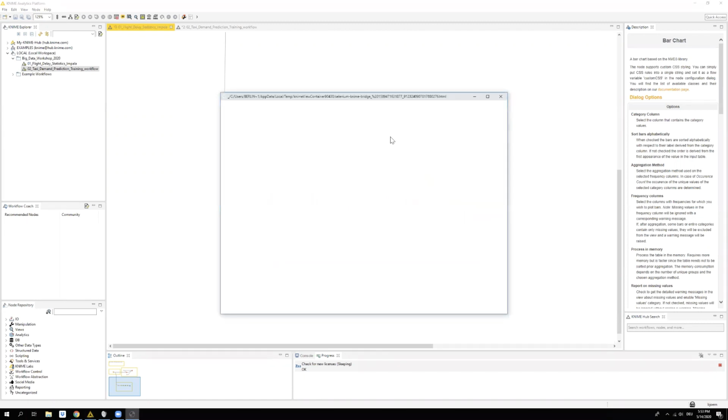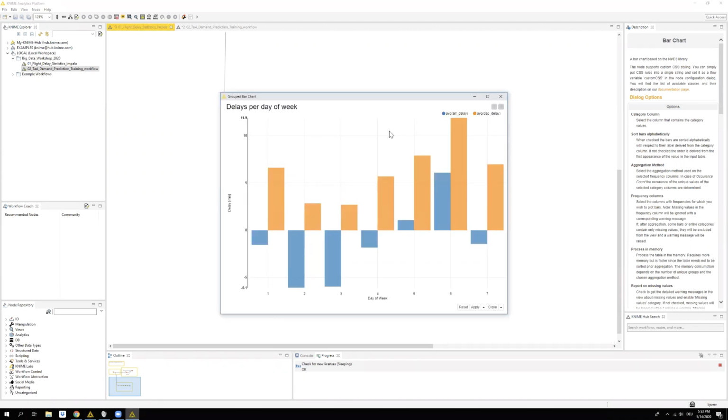In this particular case, we can see that apparently on Saturdays, which is day 6 of the week, we have the highest departure delay of planes, but many of the planes still manage to catch up on the delay. Whereas during the work week, delays tend to be a lot lower, and surprisingly, a lot of the US airlines manage to be even a little earlier. Okay.